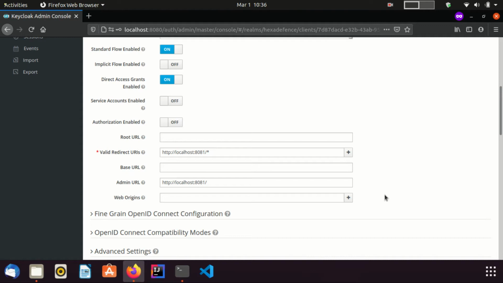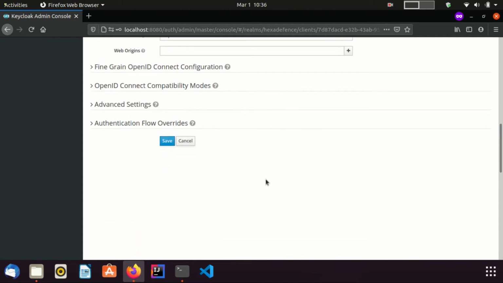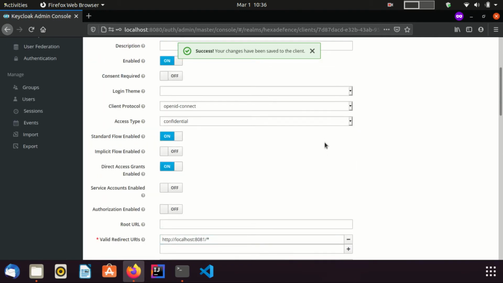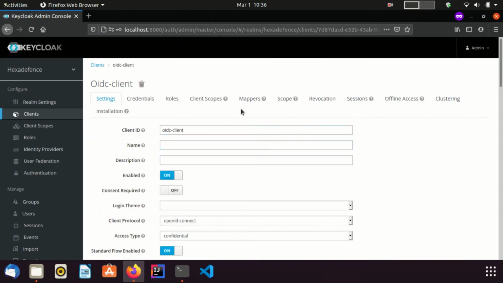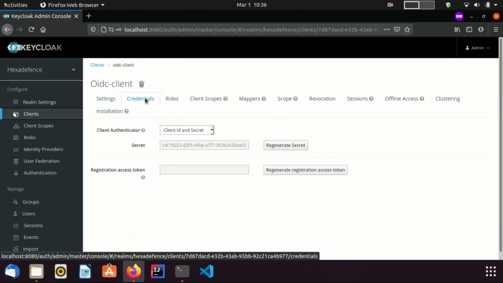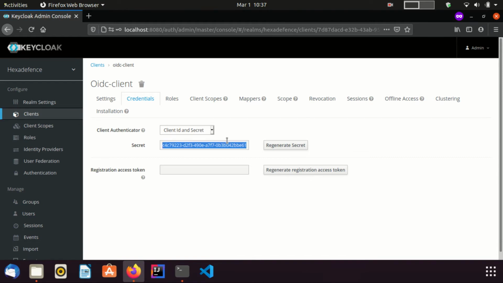Now I am going to save the client. From the credentials tab, you can get the client secret. We will need this value in a short while when we are configuring the Spring Boot application.